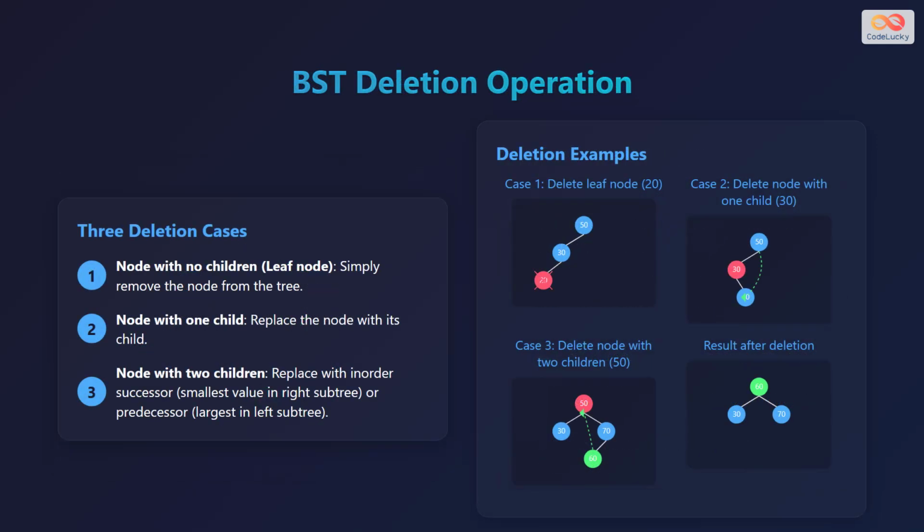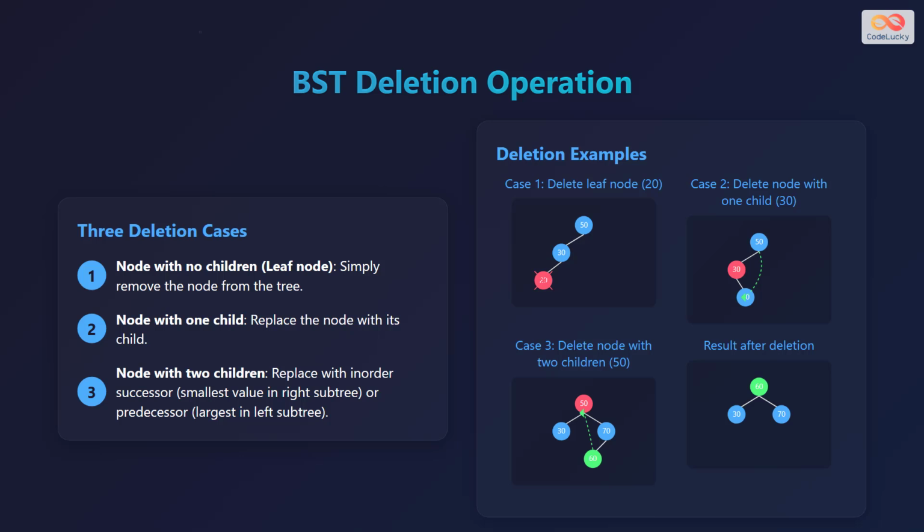Now let's explore the deletion operation in a binary search tree. There are three primary cases to consider when deleting a node from a binary search tree. Case 1, if the node to be deleted has no children, meaning it is a leaf node, simply remove the node from the tree. Case 2, if the node to be deleted has only one child, replace the node with